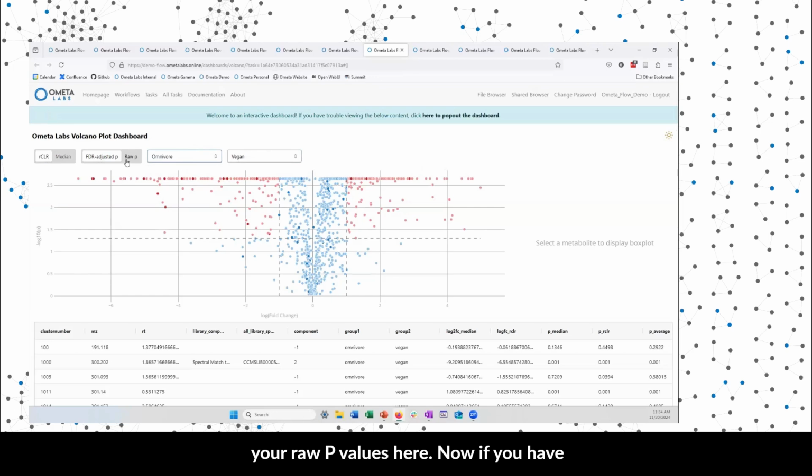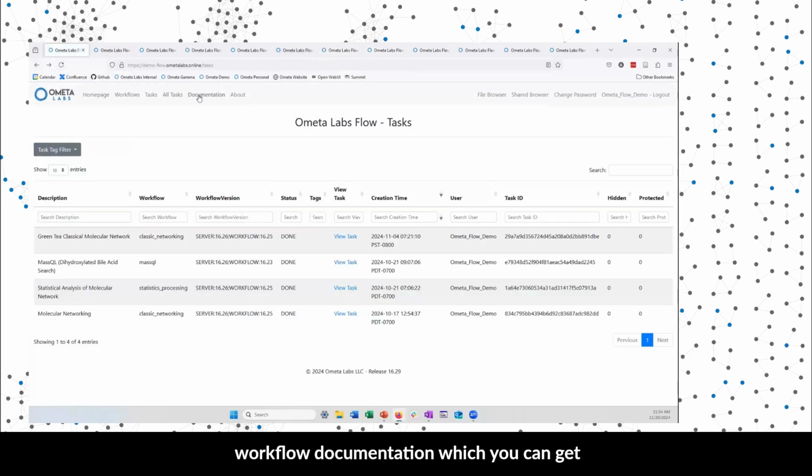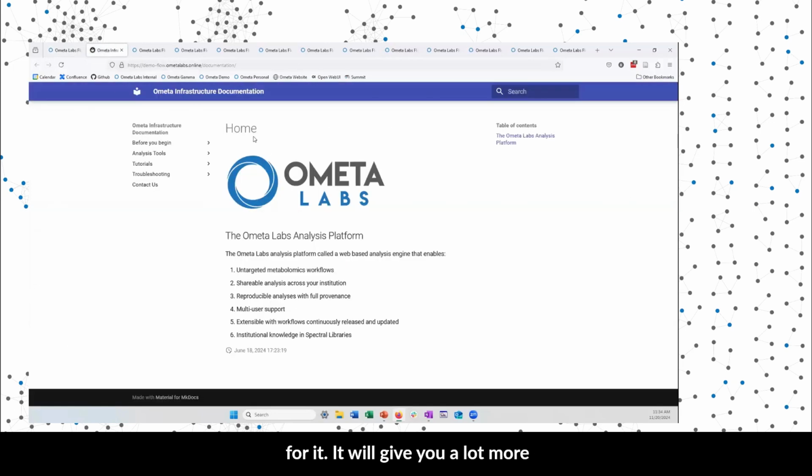p-values here. Now, if you have questions about what those mean, again, I would highly recommend you check out the workflow documentation, which you can get to using that link there, or on the workflow input page, there's also a link for it. It will give you a lot more information about what those different normalization methods are,